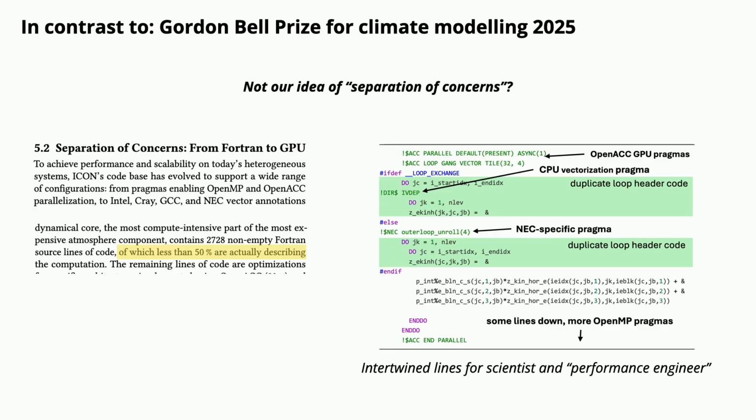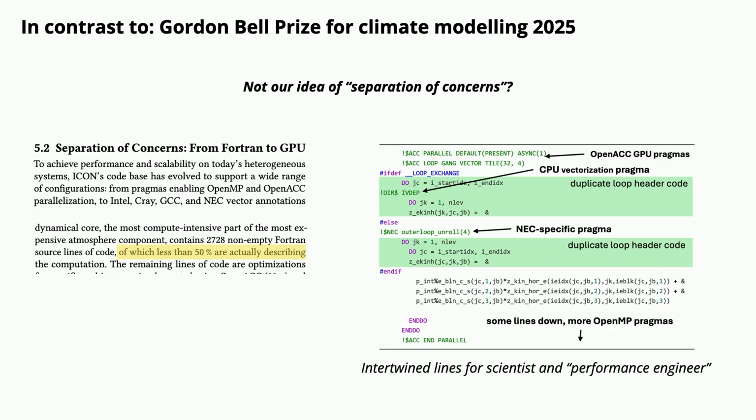And what absolutely struck me was that, A, it's completely unreadable, and B, the lines of code that actually do things are fairly few compared to all of the lines of code that have to be added to get all sorts of OpenACC